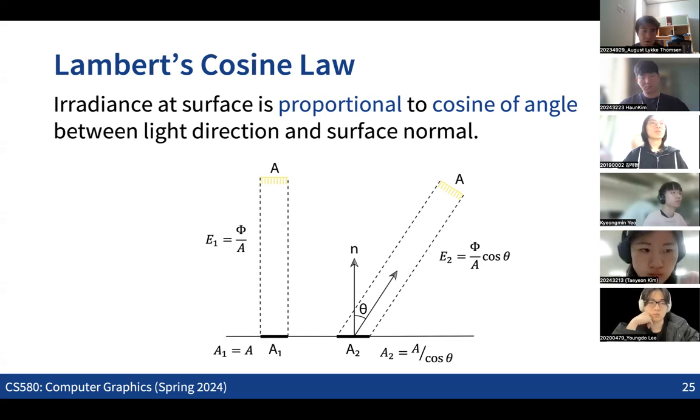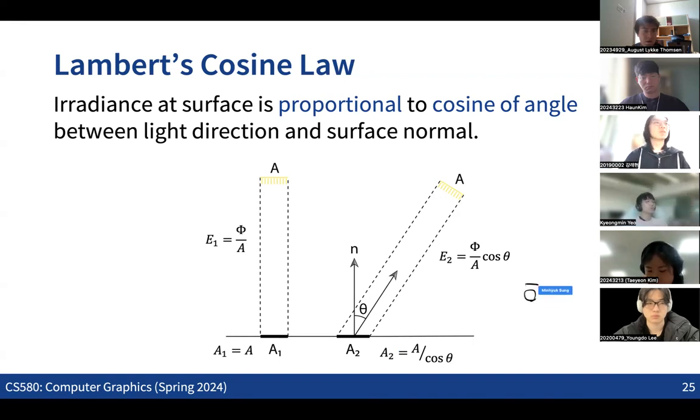But what you can see is that if we have a slanted angle of the light being emitted to the surface, where this direction is not the same as the normal direction of the plane but has some slanted angle, then for the same light source with the same area of light, this light will actually cover a bigger region, right? As we have a tilted direction of the light, this light source will start to cover a bigger region,